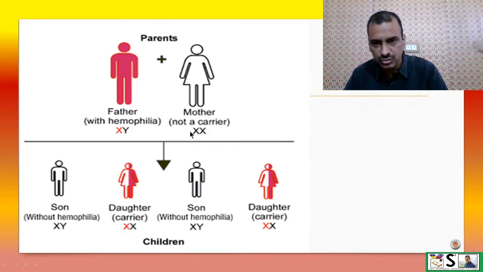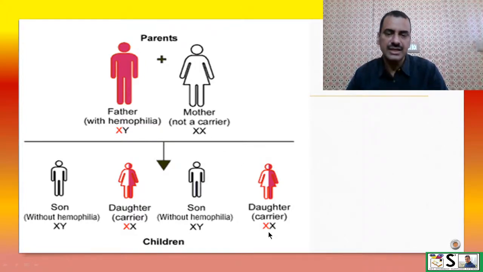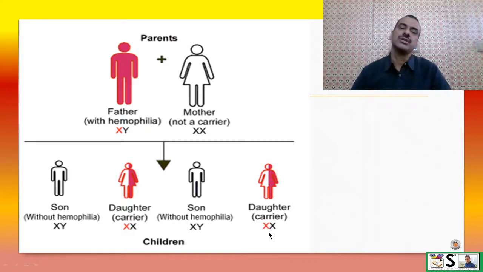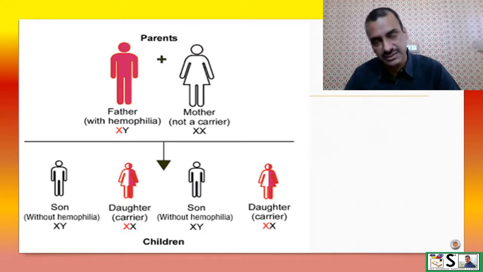here this X chromosome will meet this chromosome, so the daughter will be a carrier, because one chromosome is defective and one is healthy. And here this girl, if this X chromosome combines with this X chromosome, then X and Y, and again the daughter is a carrier. So the conclusion is that all daughters will be carriers and all sons will be healthy.